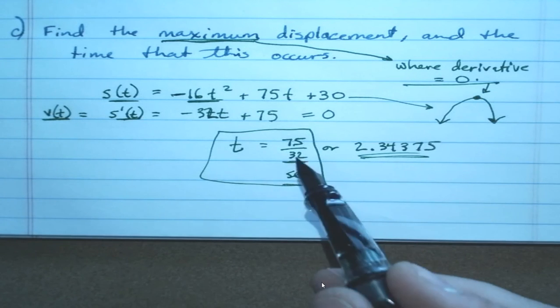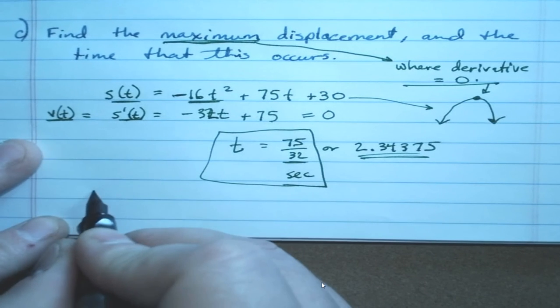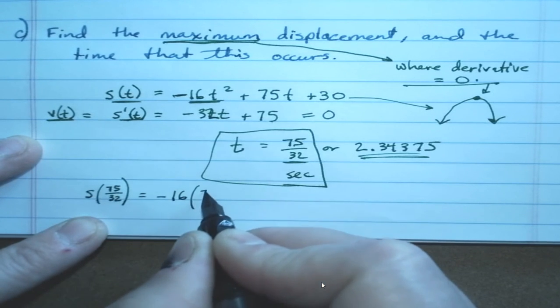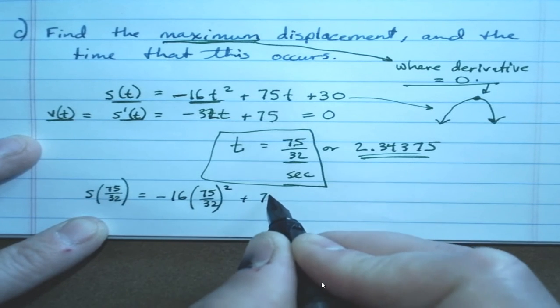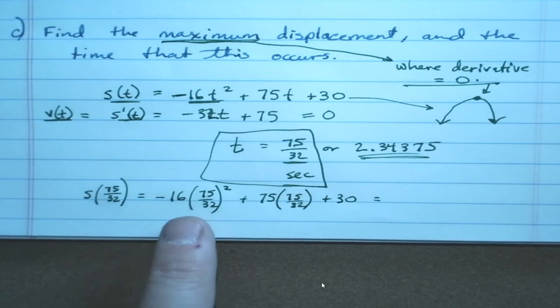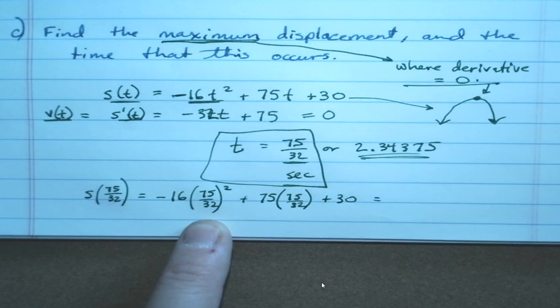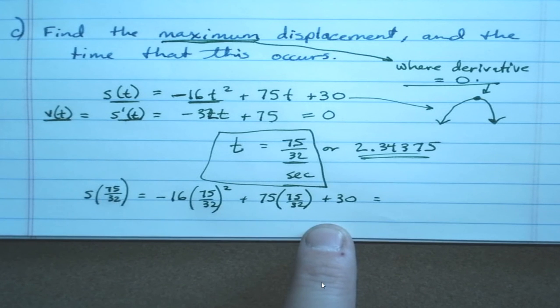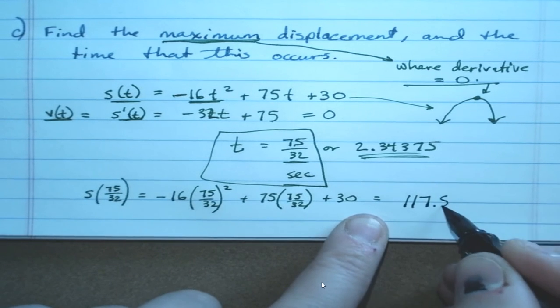So we found the time. They want to actually know the maximum height. So what do we do? We find S of 75 over 32. So negative 16 times 75 over 32 squared, plus 75 times 75 over 32, plus 30. Find the maximum displacement. So that's going to be a lot of fun. We take 75 over 32 and square that, then multiply by negative 16, and I get a fun number. Then I'm going to add 75 times 75 over 32, and then add 30. And I get 117.89